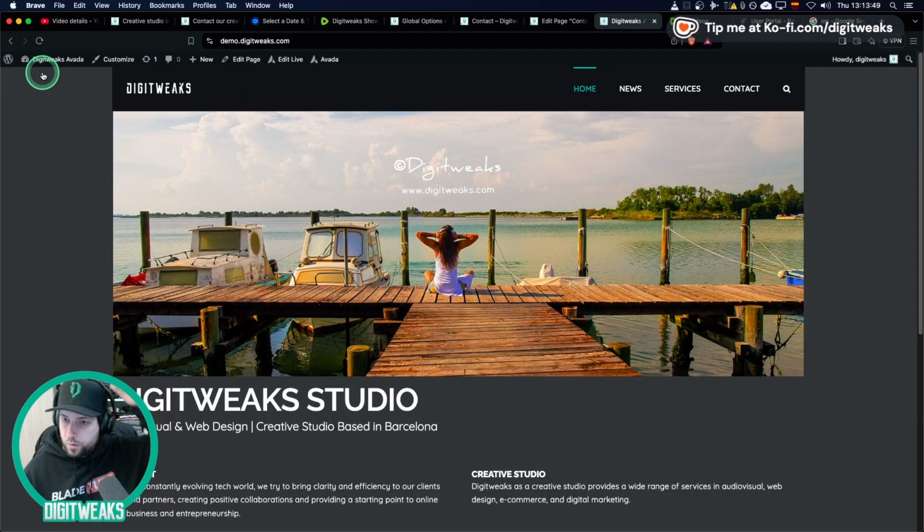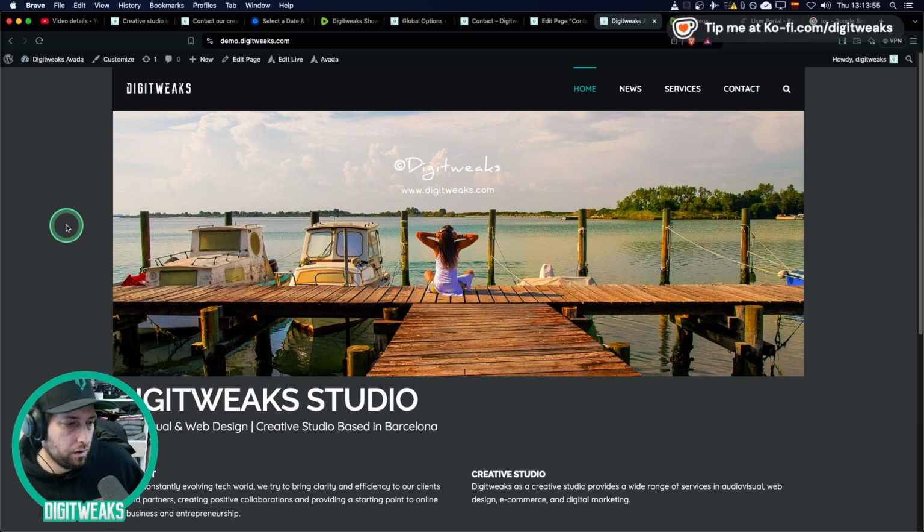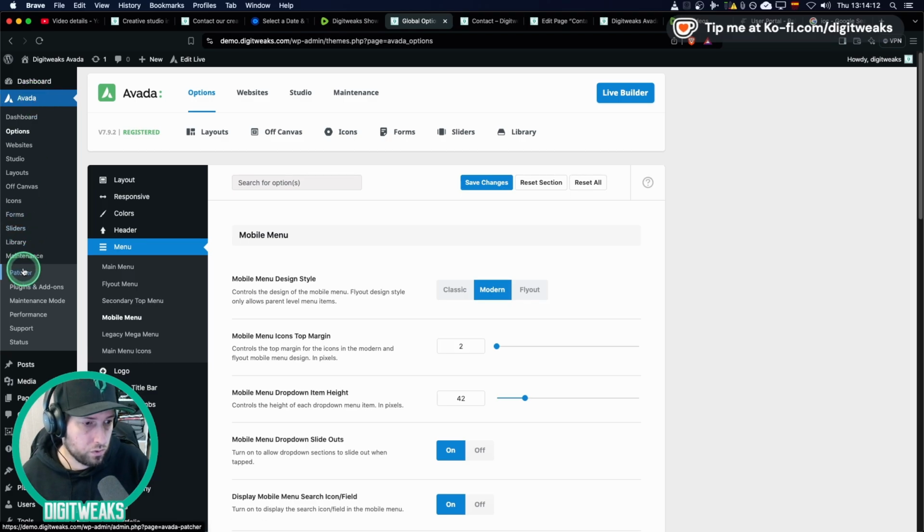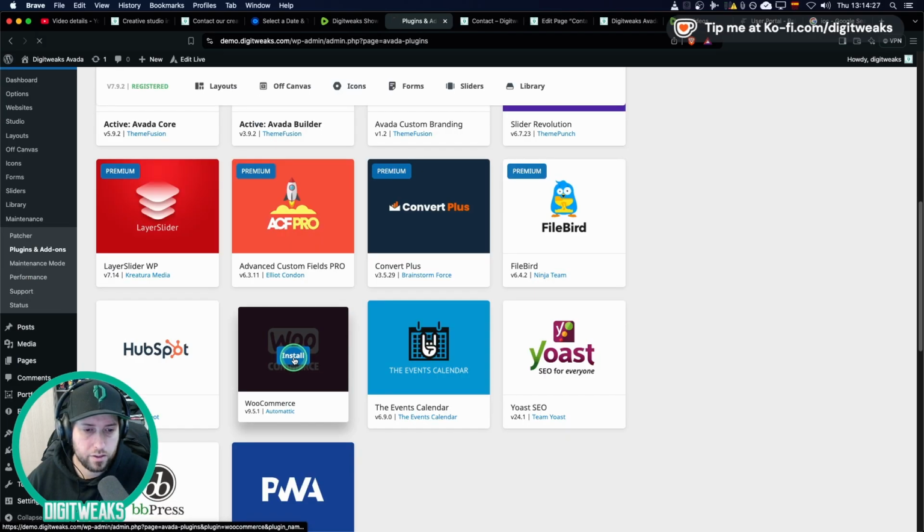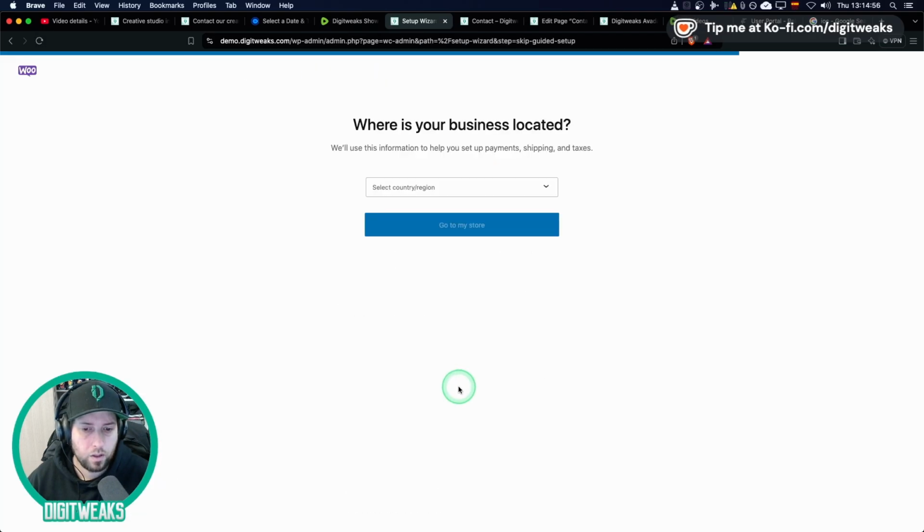Okay, so this is how you use Avada. And I wanted to at least have this covered. And to add then Printful, or just an e-commerce without Printful, you can go to the plugins and add-ons. You can install WooCommerce. You can skip maybe the store because